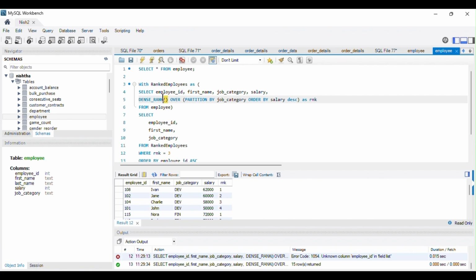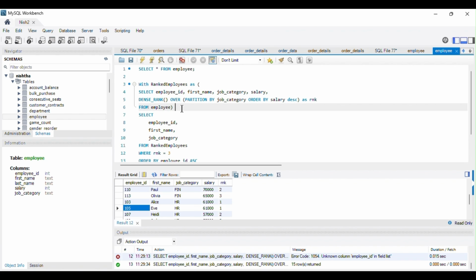What the DENSE_RANK function does is assign the same rank to employees with the same salary within the same job category, and it does not skip any rank number. You can see here it gives the same rank to the people in the HR job category with the same salary, that is 61,000, belonging to employee IDs 103 and 105. It has not skipped the rank, it is giving the same rank here.